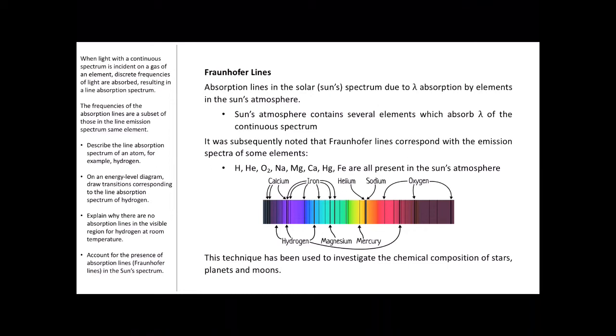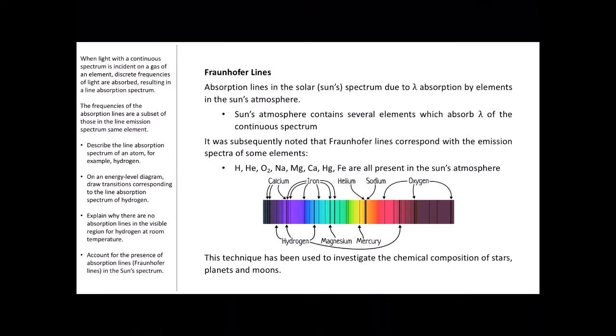It was subsequently noted that Fraunhofer lines correspond with the emission spectra of some elements. So at first it was just like, oh, why are there these lines in the sun's absorption spectrum? And then it was like, oh, hey, some of these are matching up with known absorption spectra of elements. So it was able to be deduced that hydrogen, helium, oxygen, sodium, magnesium, calcium, mercury, and iron are all present